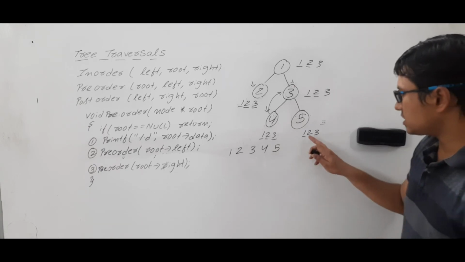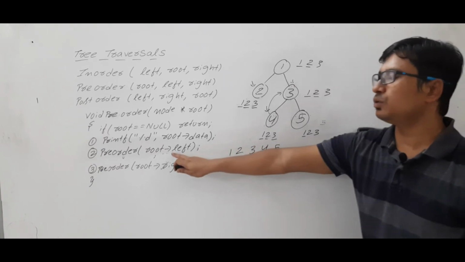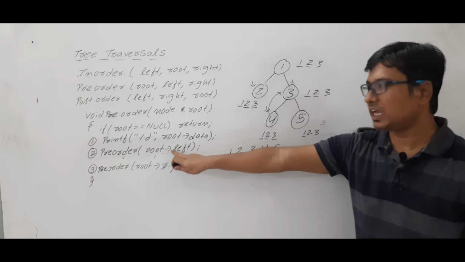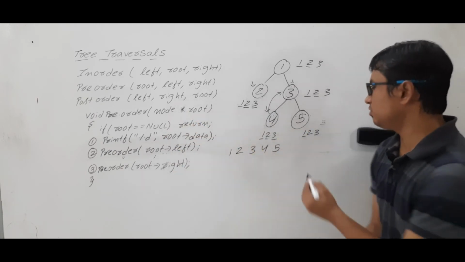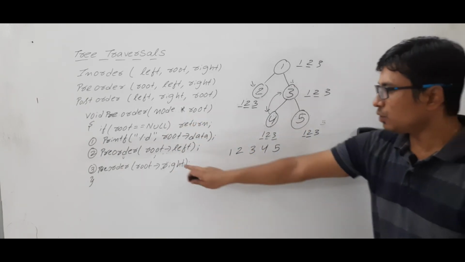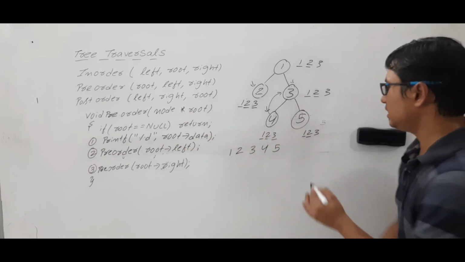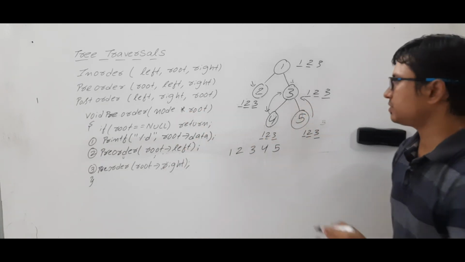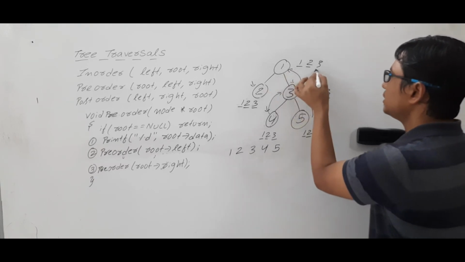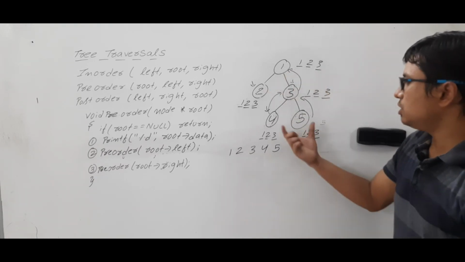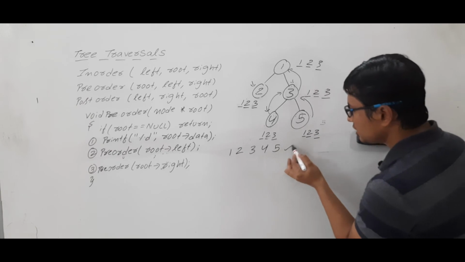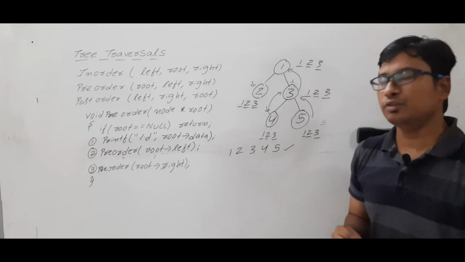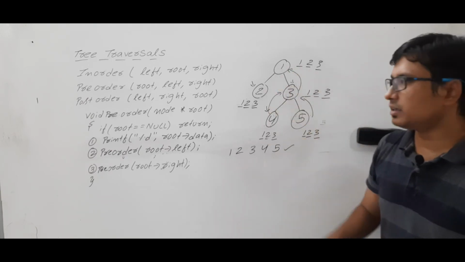Are you able to understand? Step 2, root of left, which is equal to null, so return, it will be done. Root of right, again it is null, it will be returned. So you will come here, you have completed executing step 3, you will come back. So the values are displayed as 1, 2, 3, 4, 5 for this binary tree if you